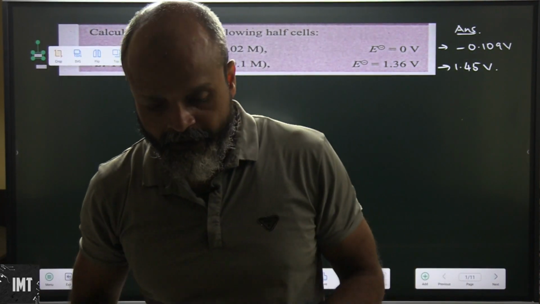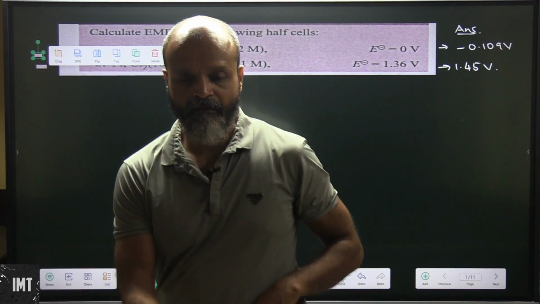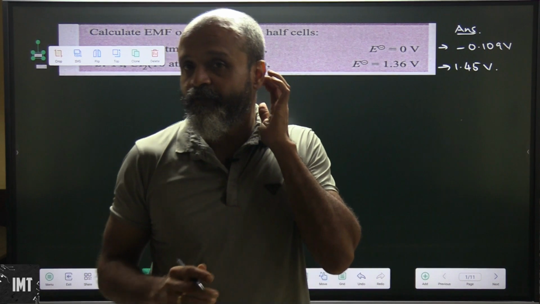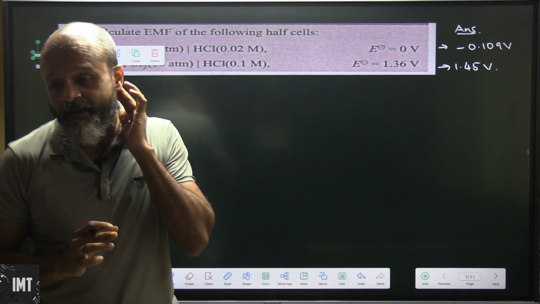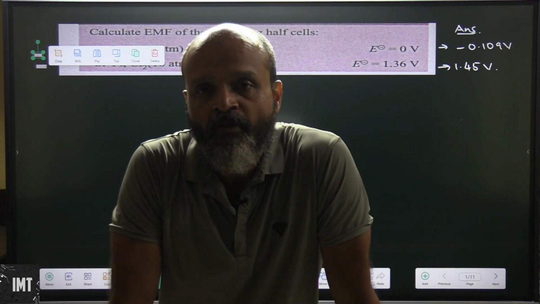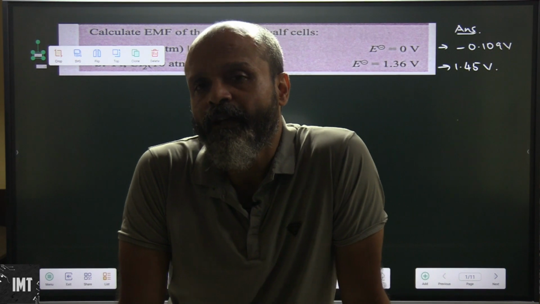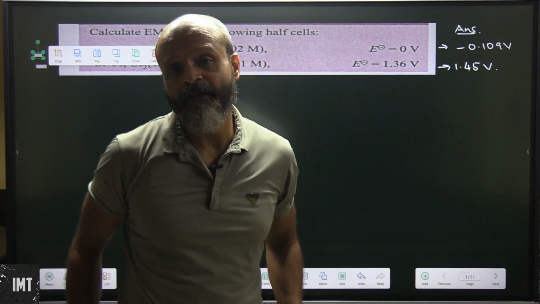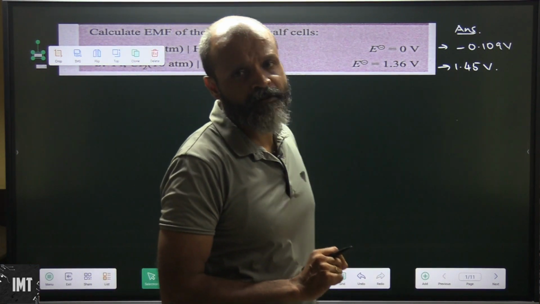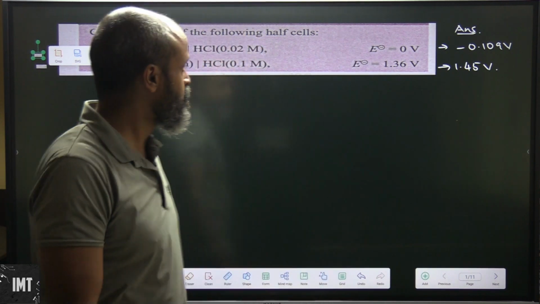Right, people. So in electrochemistry, we are almost done with the chapter. The purpose of today's class is that we will basically only consider numerical problems, and that too of a level of IIT or NEET. It's a part of physical chemistry, and we need to have a clear concept of how to solve problems here. In order to solve problems, we need some basic concepts about oxidation and reduction and how to balance equations accordingly. So here we have a question.